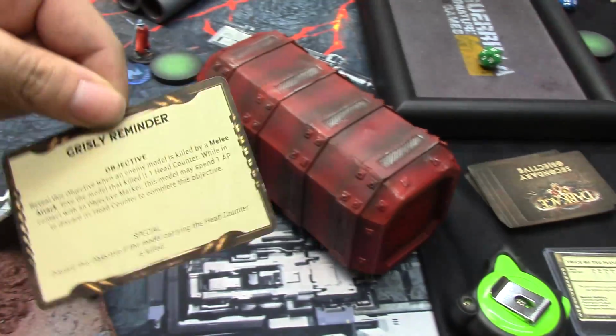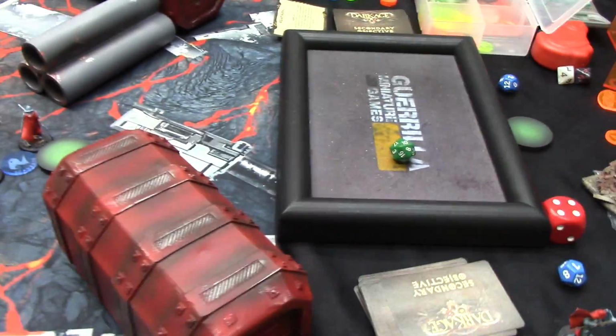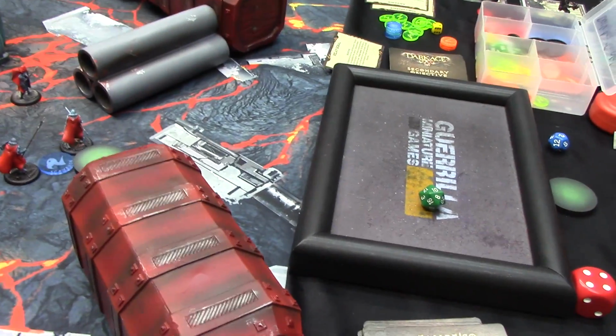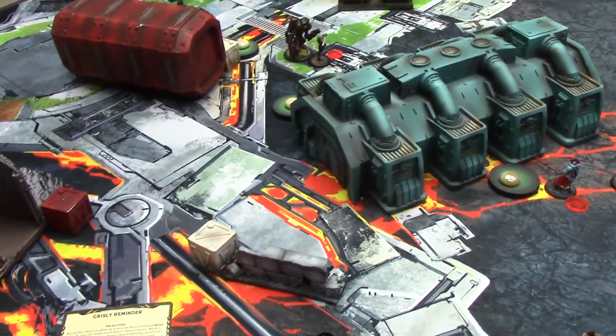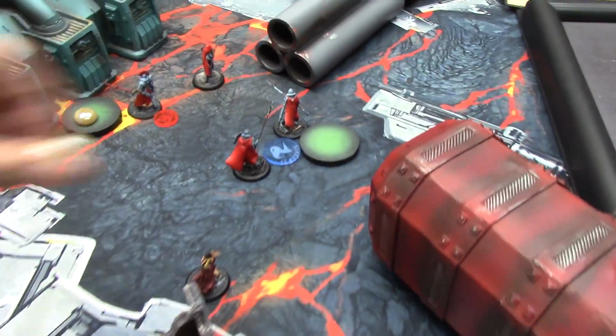So I have my secret objective, and I don't remember what you were. Oh, Grizzly Reminder. Should remember to do that. Put a head counter down and then pick it up and throw it away. Yeah. Oh, man. Which I clearly could have got with one of those strikes, but... So, yeah, you win some, you lose some with those strikes. So the score right now at the end...